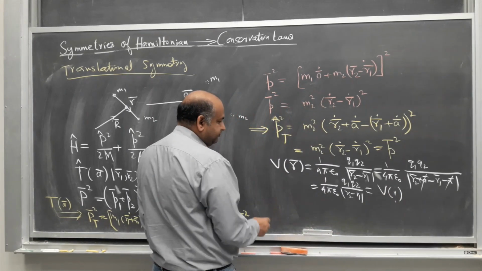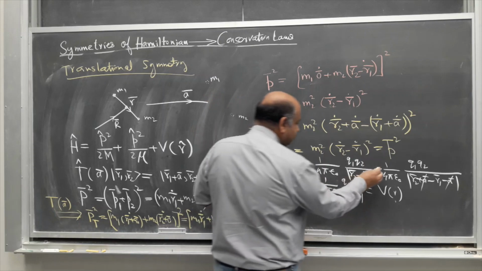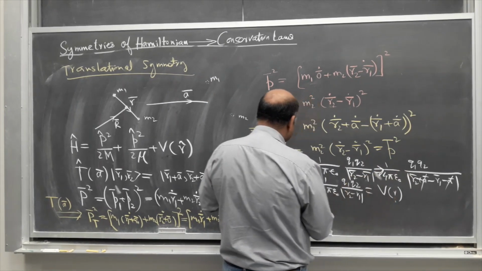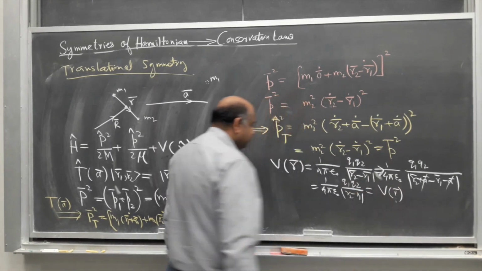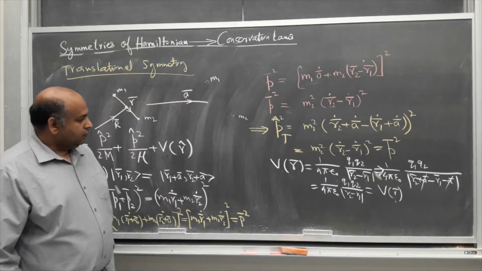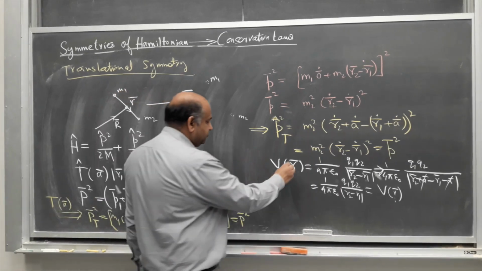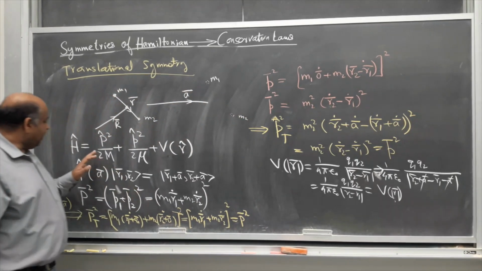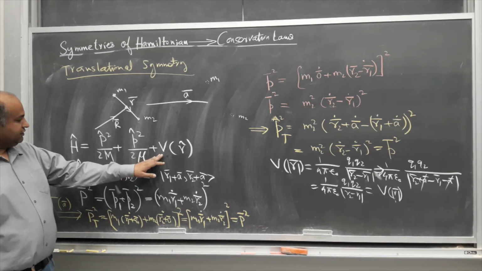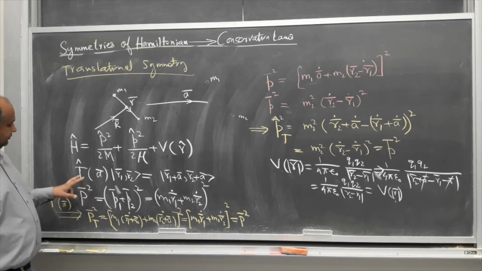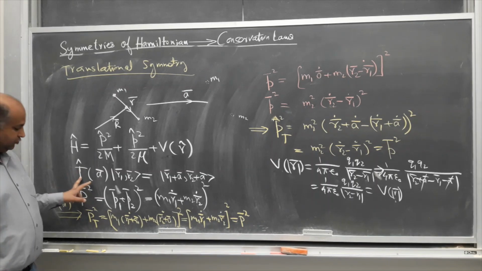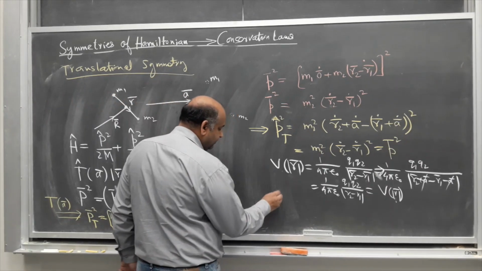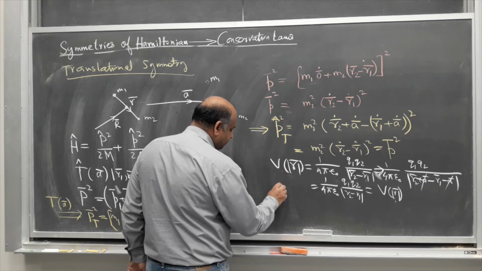So let's say this was the potential, so this is the translated potential, and the translated one is again the same as the original potential. Okay, so actually it's only a function of the magnitude. So we see that the Hamiltonian remains the same independent of this translation. So it means that the Hamiltonian and the translation operator,